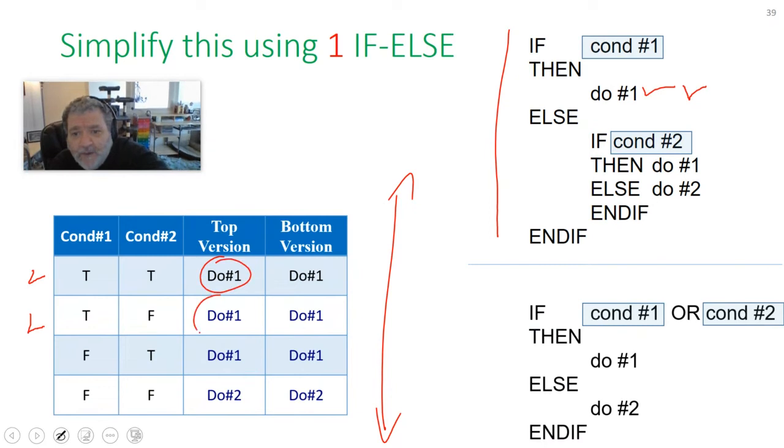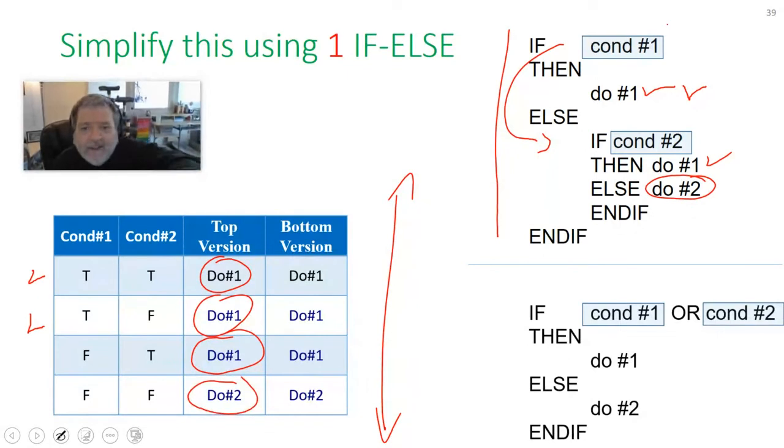So the top version gives me do 1, then false is going to make me jump to the else. Condition 1 being false makes me jump to the else. Condition 2 is true. I'm going to execute do 1. Condition 2 is false. I'm going to execute instead do 2. Okay, so that's my truth table pretty much for the top version, and the bottom version is just the logical